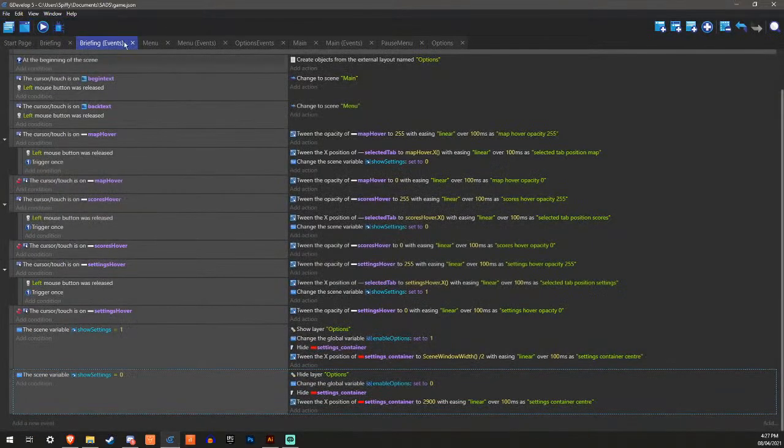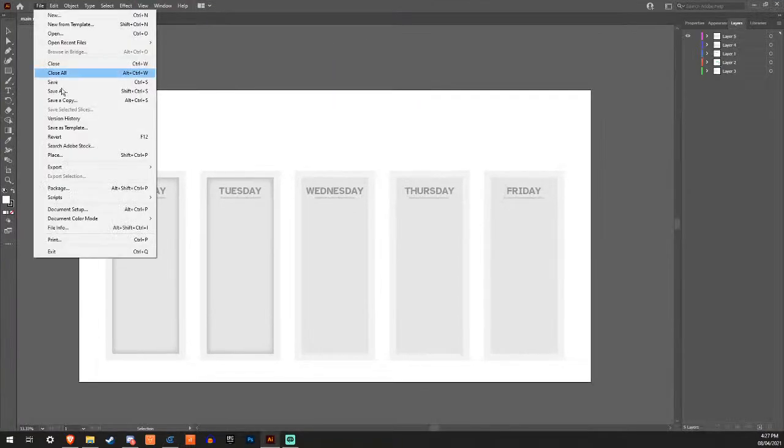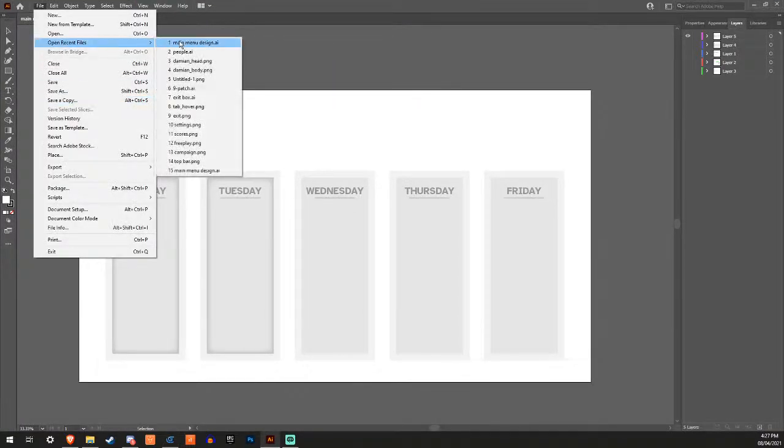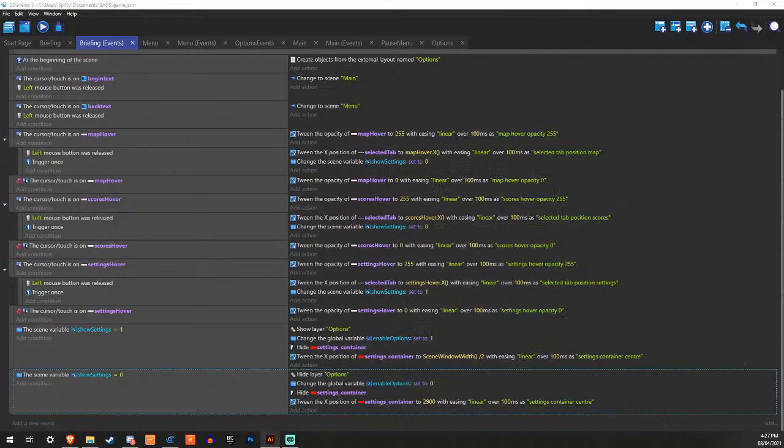Now for the back button. Yeah, I need to make a new thing for that, I do believe. So, let's do it here. And let's do, what one was it? No, it's not what I need to get back.